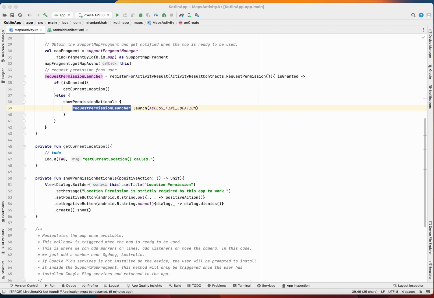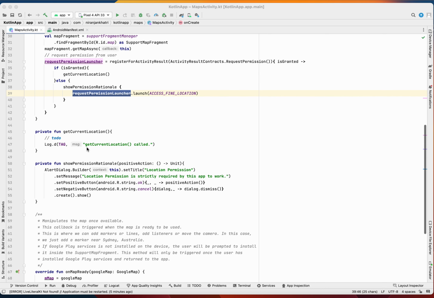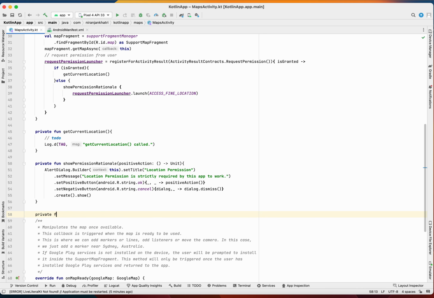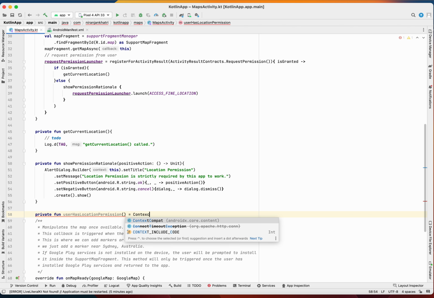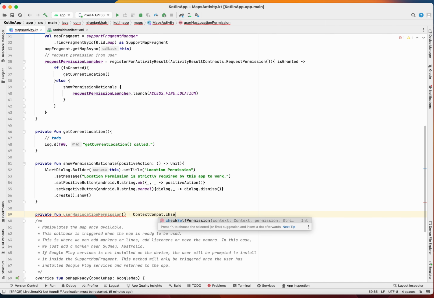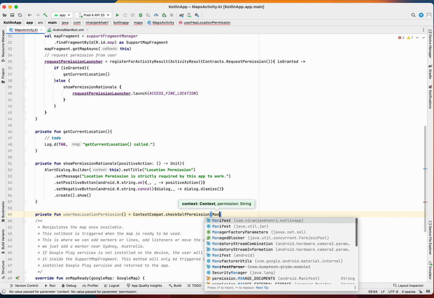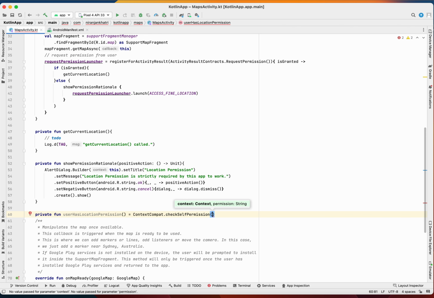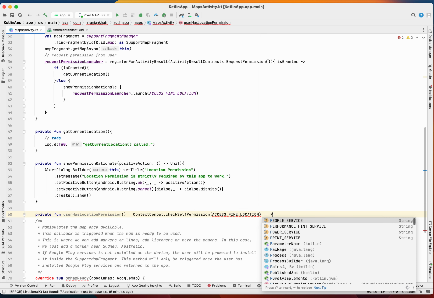So, okay, what next is we still have to check whether the user has granted the location permission or not, right? So how can we check it? We check it with another function, which is called hasLocationPermission. So how can you check if the user has a location permission? It's ContextCompat.checkSelfPermission, and you pass the manifest, like you don't need to pass the manifest because you have already access fine location here, and then it is equals to